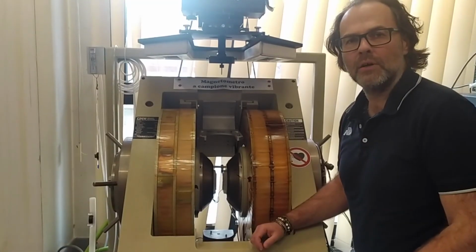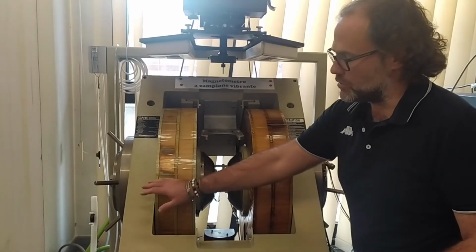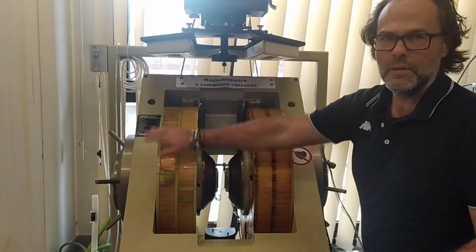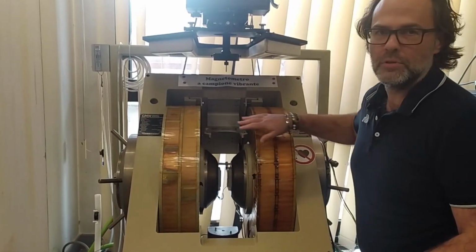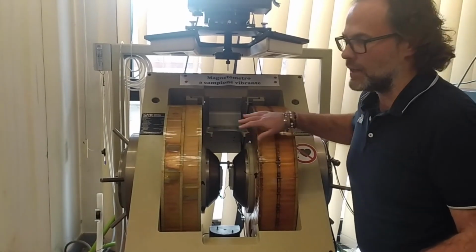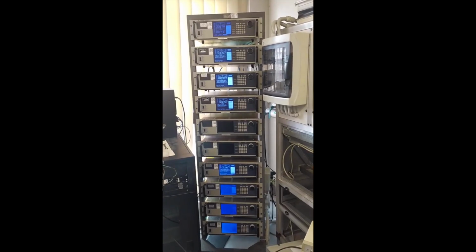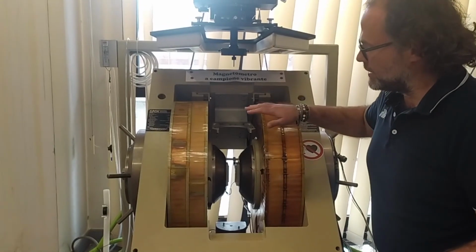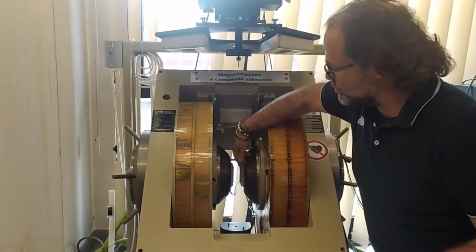One of the core components of a vibrating sample magnetometer is the electromagnet. It consists of an iron yoke, this one, and of copper windings that are used to let a current flow and generate the magnetic field. The current windings are powered by a power supply that is capable of generating approximately 150 ampere to power this magnet. And once the iron yoke is magnetized, the actual magnetic field is generated in the gap between the two